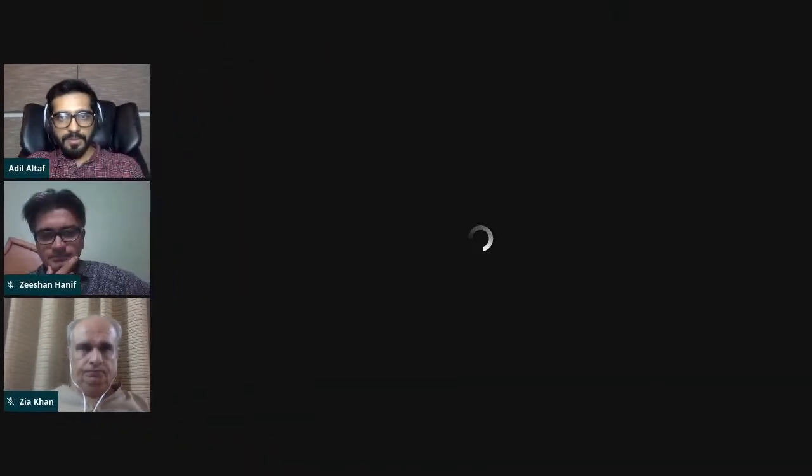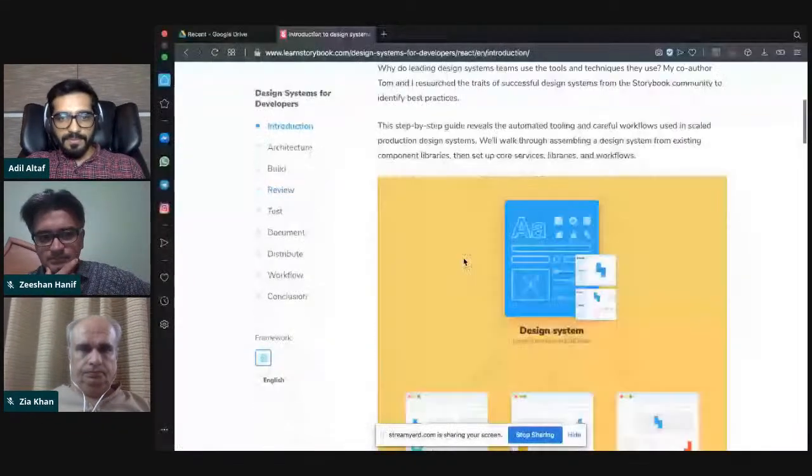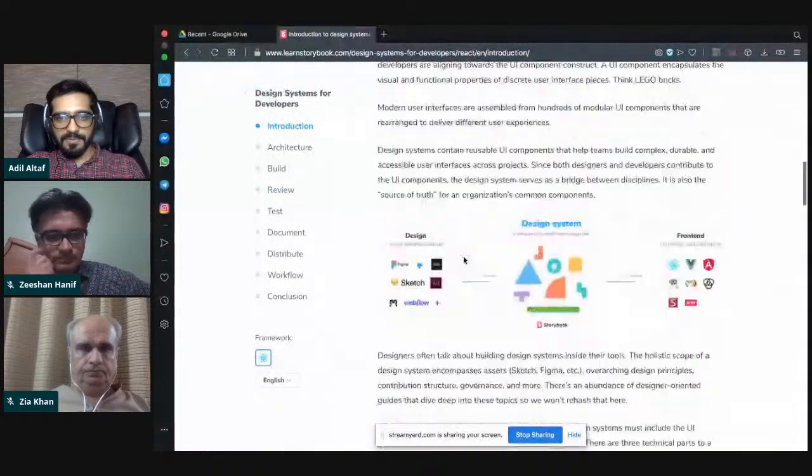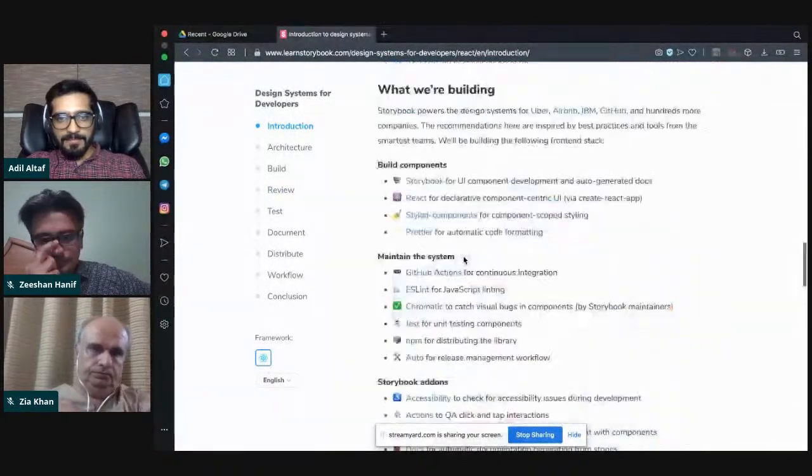And there's a link provided in the Bootcamp 2020 Git repo, which includes a link to this article that I'm going over right now. And I'll share my screen in a second, and we can go through some of those things in more detail. But at a high level, it lists up some. Actually, why don't I just share my screen here? So if you come down in this article,